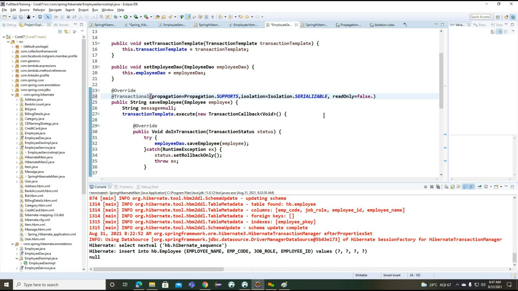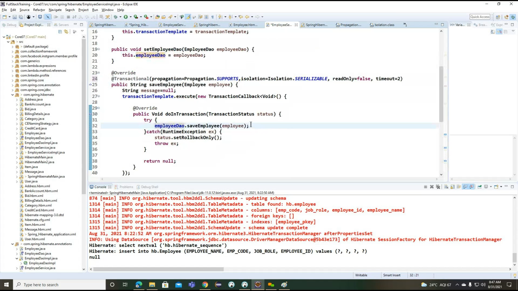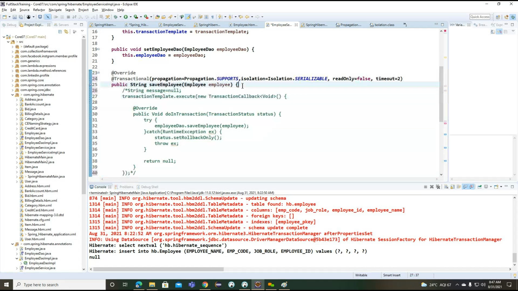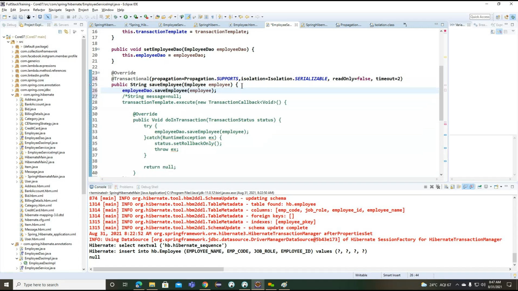Read only false and timeout here. What we will do, we'll copy this. Return.